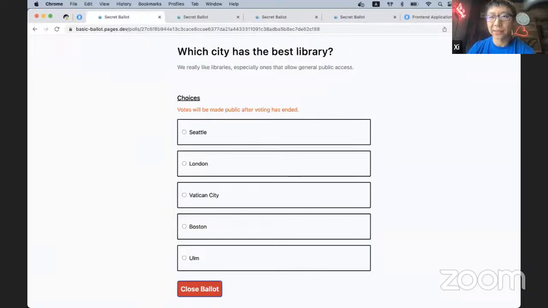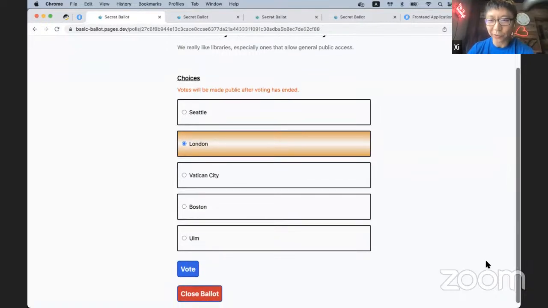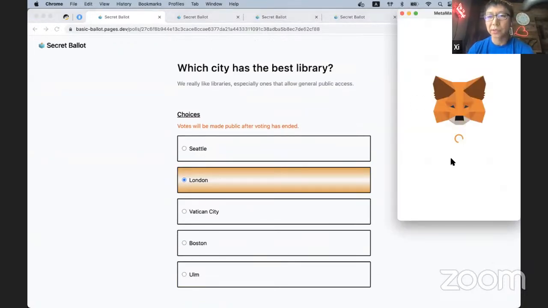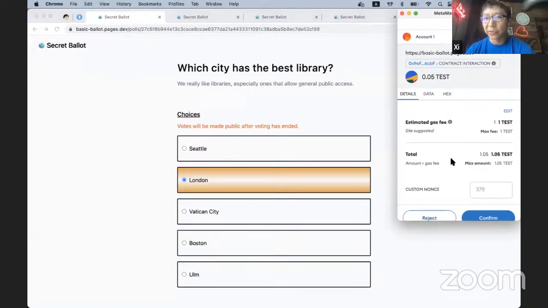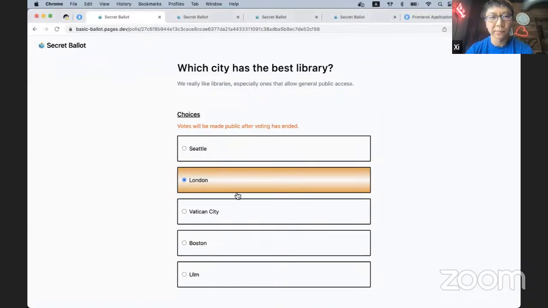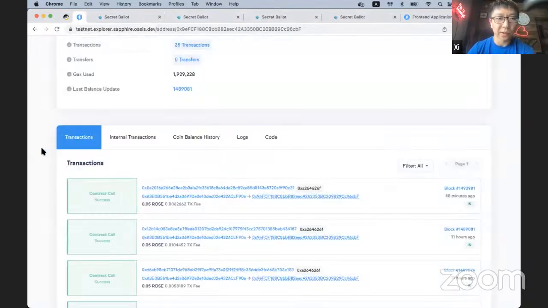So in this particular example, we will just say that London has the best library. And we can use our integration with MetaMask to vote. And that is it. So on our Sapphire network,